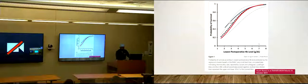Keeping in mind, we're not saying anemia is actually what is killing you. It could be a factor, but it's not necessarily the reason why you're dying. The cause of the anemia could account for it, plus other comorbidities. But regardless, if you take care of the other confounding variables, anybody with hemoglobin of 7 to 8, survival is